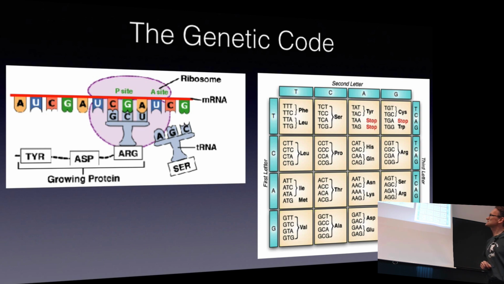So if you have 4 bases and you stitch 3 of them together, how many different combinations can you have? That would require the molecular biologist to bring out the calculator, but you're physicists, so I expect you to be slightly better at that part. 4 to the power of 3, right? So 4 by 4 by 4. That's 64 combinations. Do you know from upper secondary school how many amino acids there are? 20. That's not the same as 64. So they lied to you. There are 44 more. No.